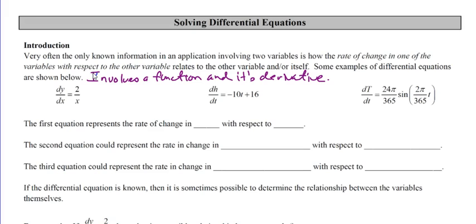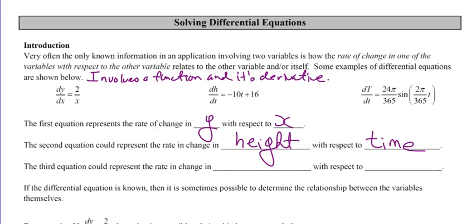So some examples: dy by dx equals 2 over x. That's the first equation, and it represents the rate of change of y with respect to x. dh by dt is negative t plus 16, so this could actually be describing physical quantities. So the second equation could represent the rate of change in height with respect to time. Third equation could represent the rate of change in